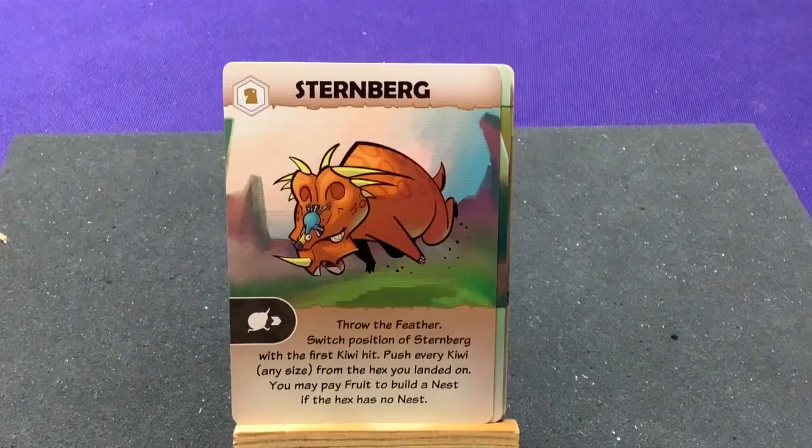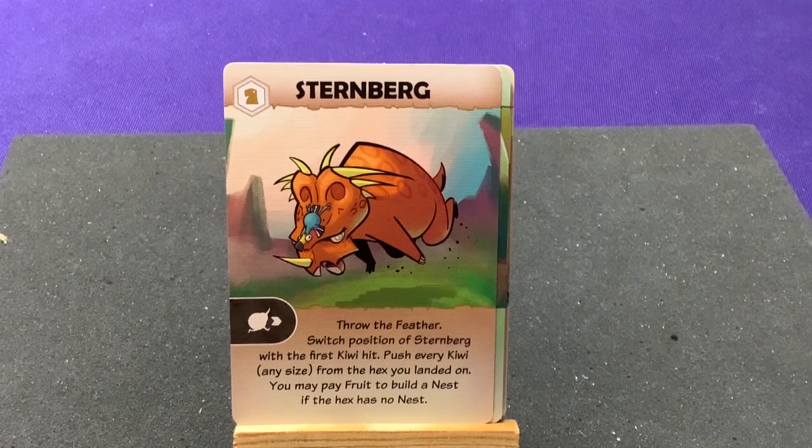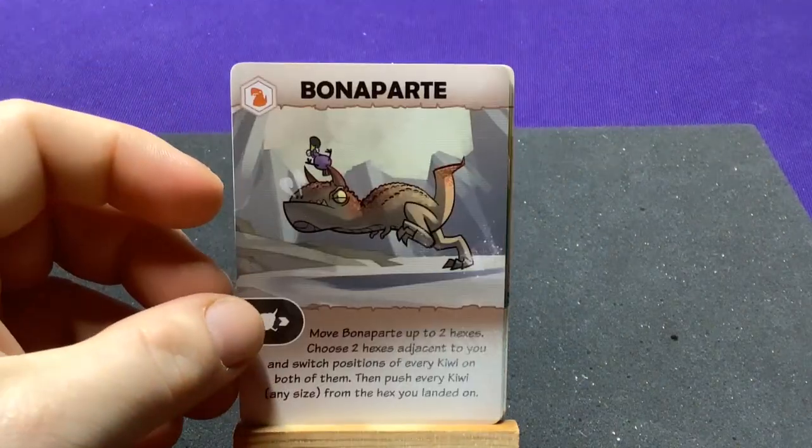And our last double dash is Sternberg. Throw the feather. Switch positions of Sternberg and the first Kiwi hit. Push every Kiwi from the hex you landed on. You may pay fruit to build a nest if the hex has no nest. Alright, then the last one we have for this set is